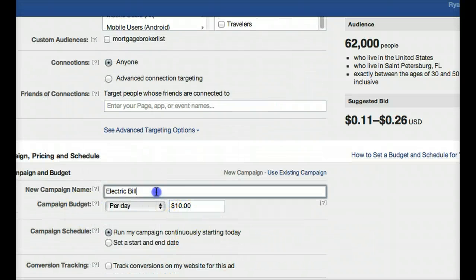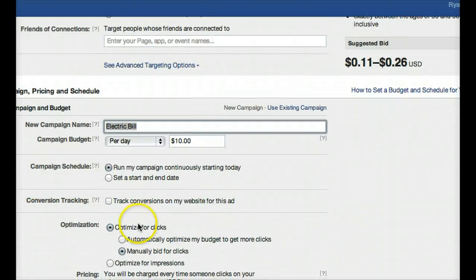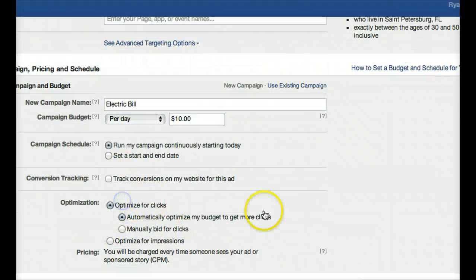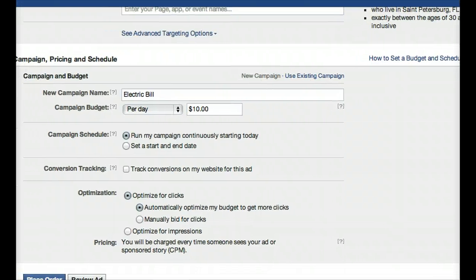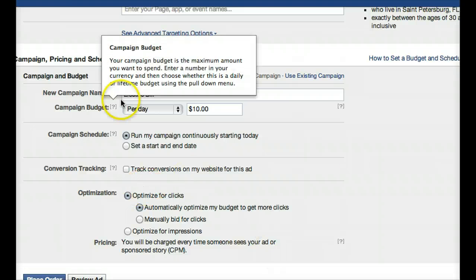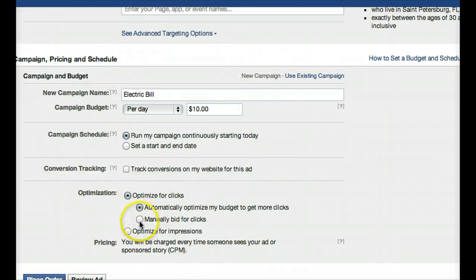And there we go. We'll do $10 per day, run my campaign continuously. We'll do automatically optimized budget. Just another tip, just let Facebook do it. You're going to get the cheapest cost per click. We've spent a few $100,000 for our different businesses on Facebook ads. Just trust that what I'm saying is the quickest way to get going. You might want to try to manually bid, but until you're more sophisticated, just do the automatic bid,